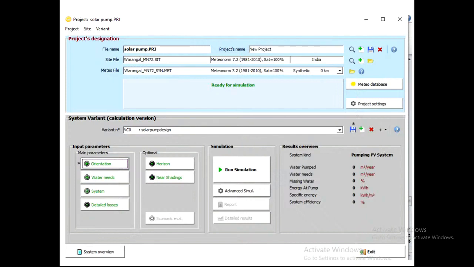A 10 kilowatt design is not different from a 100 kilowatt design. I already told you, the design procedure is the same. Design procedure for